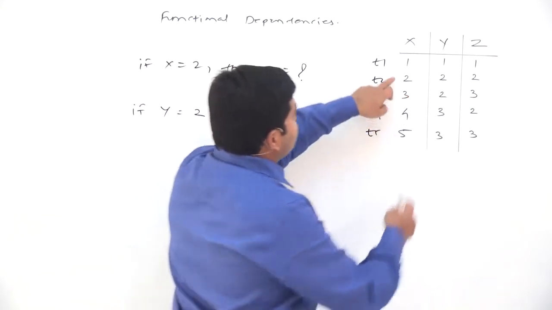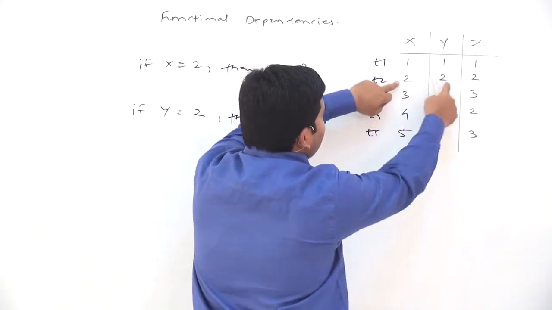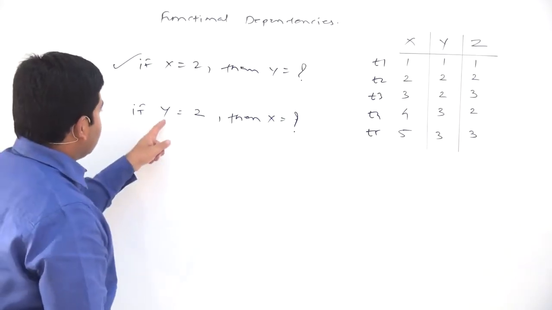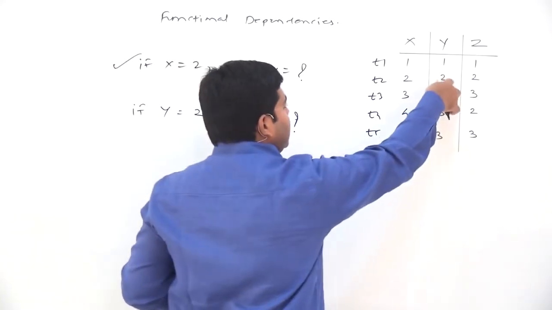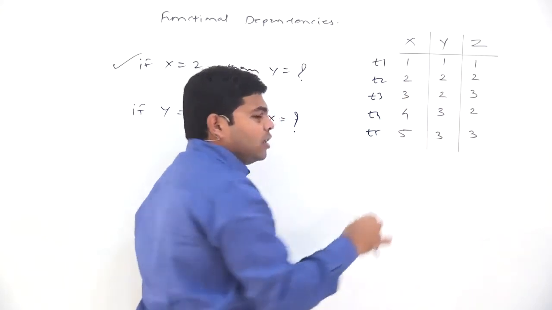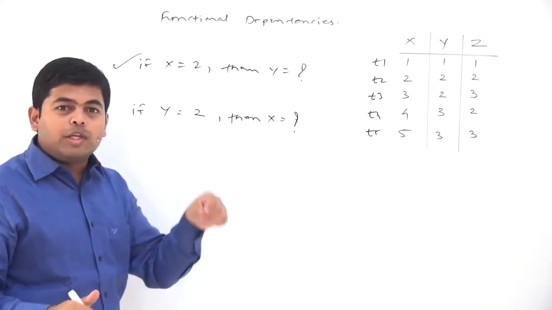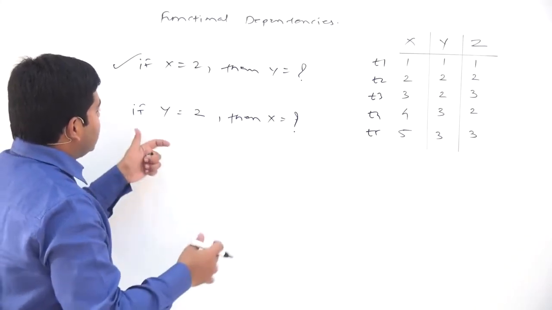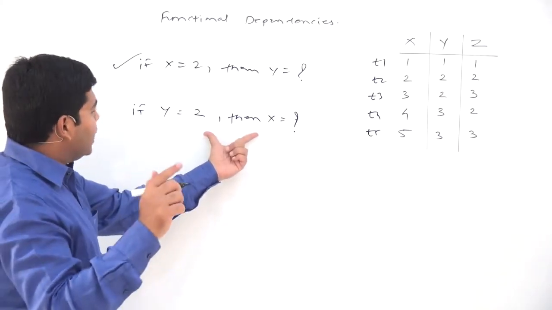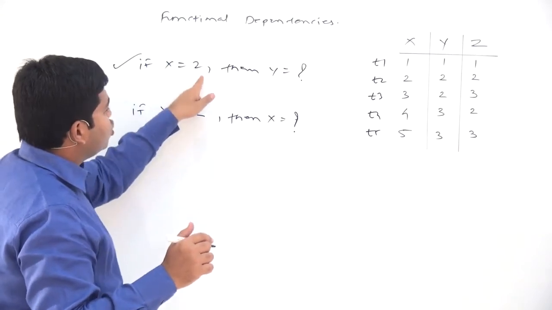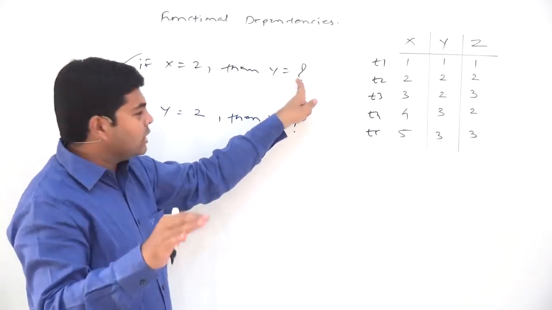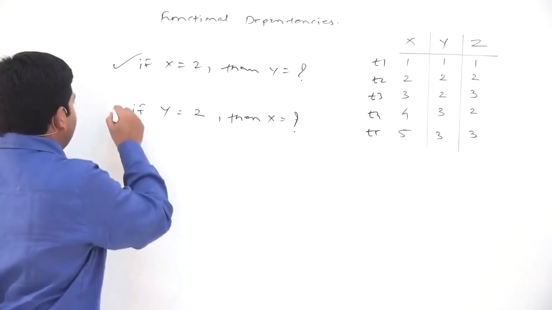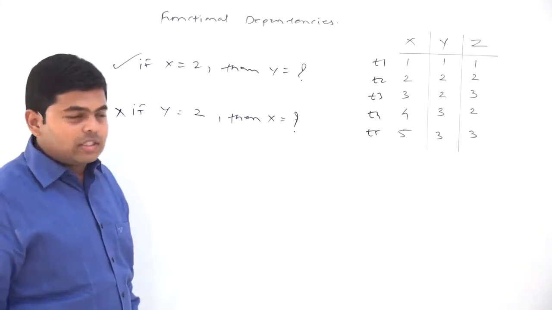Whenever x is equal to 2, only one place x is equal to 2, therefore y will be equal to 2. The first question can be answered. But in the second case, whenever y equal to 2, then x can be either 2 or 3. The question can be answered, but it cannot be uniquely answered, and that is why I will say that the second question cannot be answered. I want a unique answer. When x equal to 2, y equal to 2 is a unique answer. Such a unique answer cannot be obtained in the case of the second question.